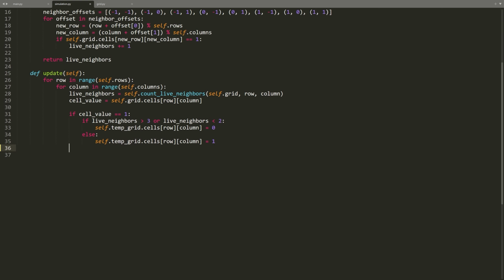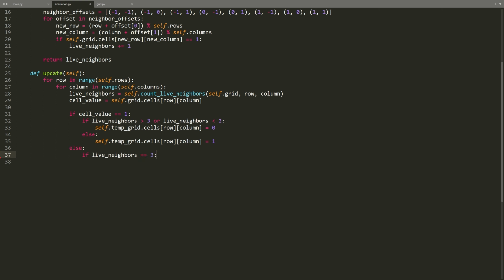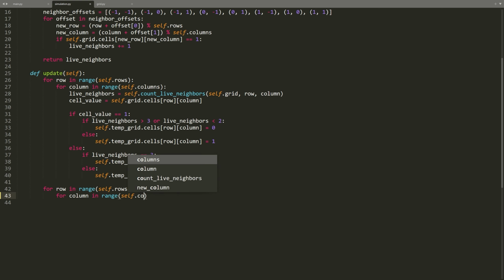Now we can implement the second rule. else: if live_neighbors == 3: self.tempGrid.cells[row][column] = 1 else: self.tempGrid.cells[row][column] = 0. Perfect. We now just need to copy all the values from the temporary grid to the original grid. We will use a nested for loop to achieve that. for row in range(self.rows): for column in range(self.columns):